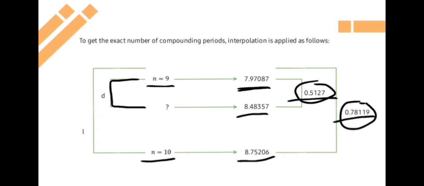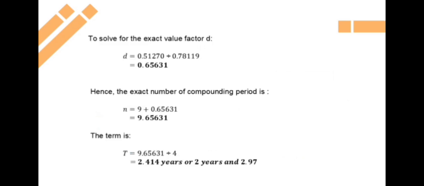So to solve for the exact value factor D, i-divide lang natin yung mga difference na nakuha natin, which is 0.51270 divided by 0.78119, which is magre-result siya into 0.65631. So now, to find the exact number of periodic payment in compounding periods is i-add lang natin yung 9,